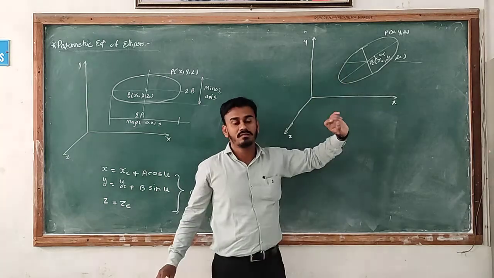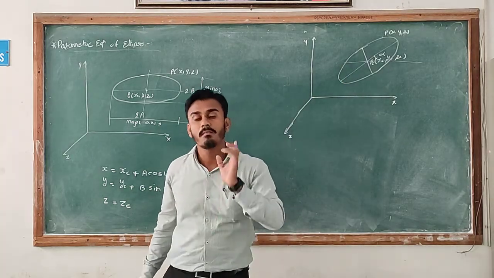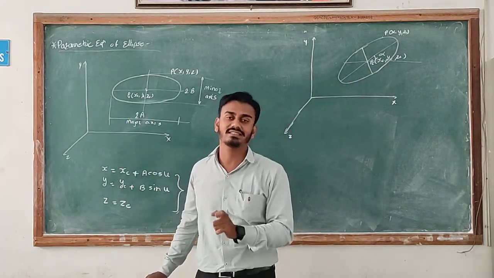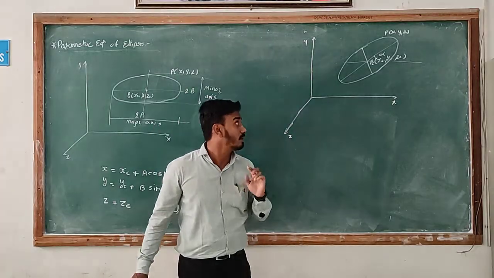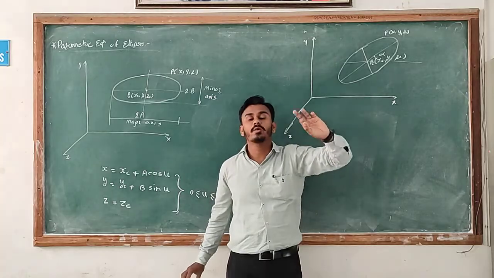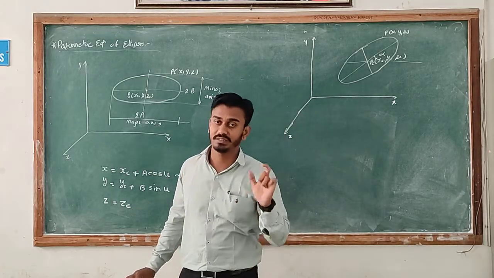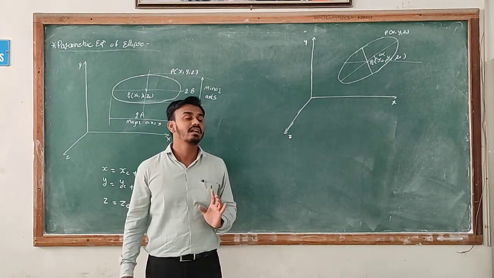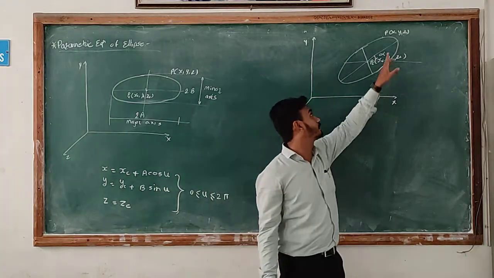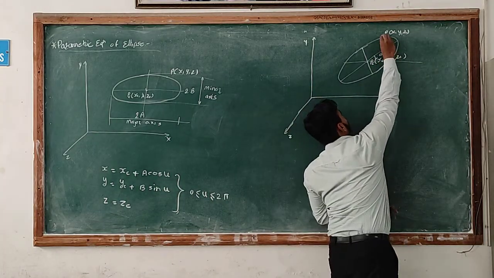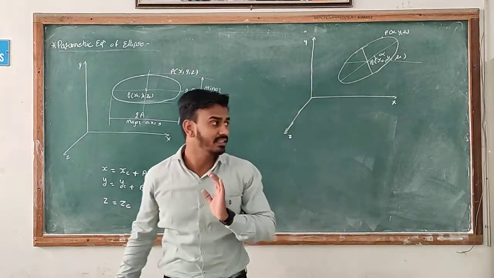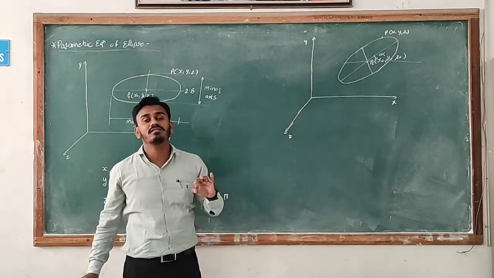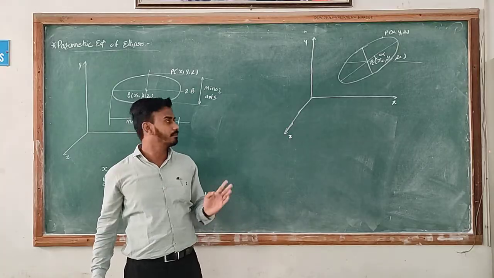This is an ellipse having major axis 2a and minor axis 2b. The center of the ellipse is PC having coordinates xc, yc, and zc. And this ellipse is inclined at an angle alpha with the x-axis, and I want to find the coordinates of this point P on the ellipse, whose coordinates are x, y, and z. So how can we find the coordinates of this point? Here is a parametric equation which is formulated.